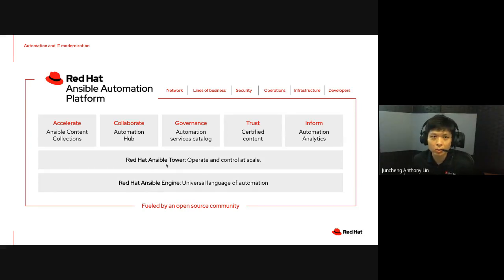So the upstream is AWX, right? So the stuff that has been added is this particular SaaS layer, which I think I was trying to go through the cloud.redhat.com earlier on, right? On what are the stuff that we actually have. You can see over here that there is the content collections, right? And we talk about certified content.